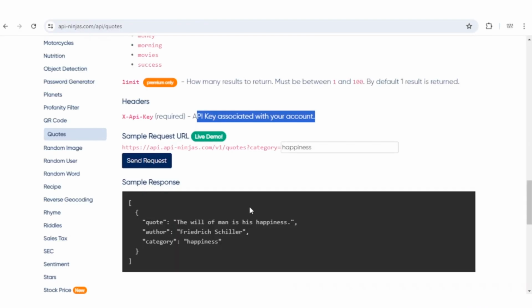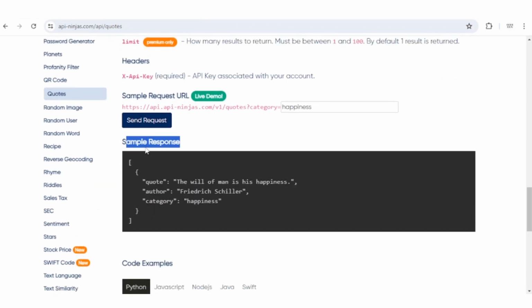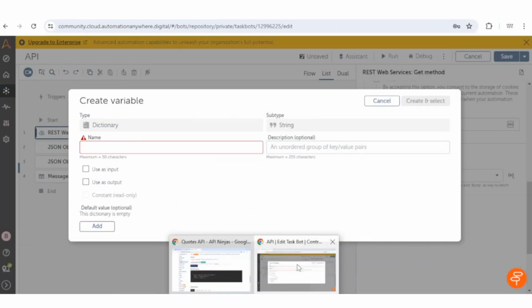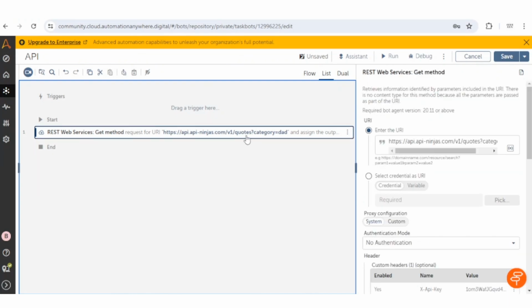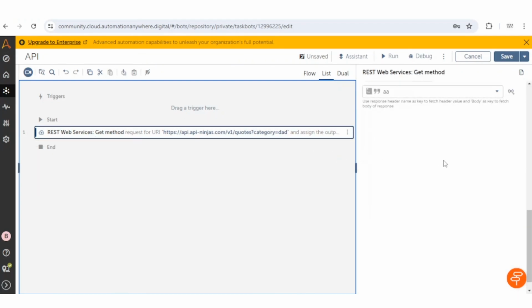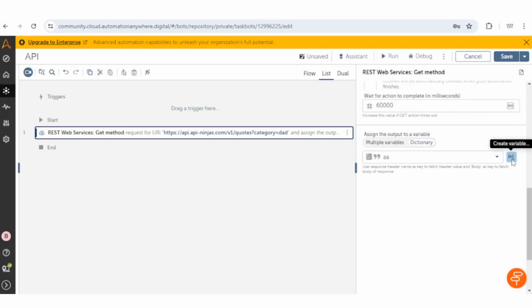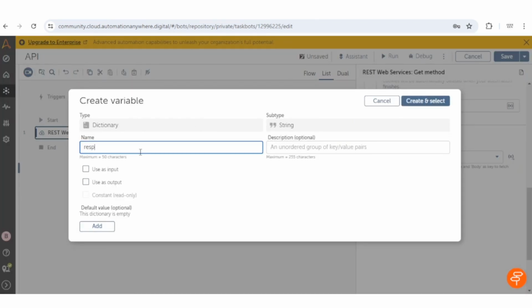So guys, as I already said, you must be aware of the JSON part, because once we execute this API, we will get this type of response, and it is in JSON. This is a JSON array, and it contains three elements inside the array: a quote, author, and category. Once we execute our API, we will get a response. So we are going to save our response in the dictionary response.